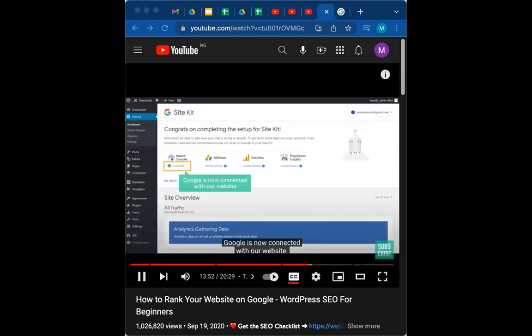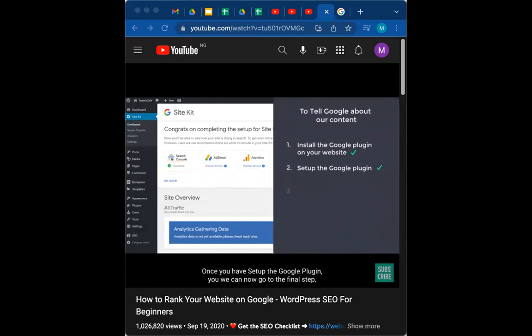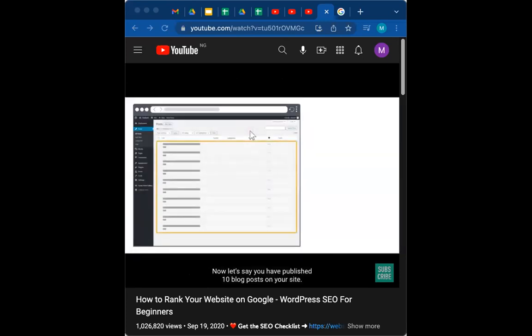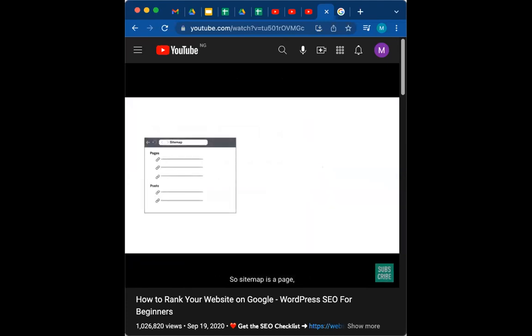you can see that Google is now connected with our website. Once you have set up the Google plugin, you can now go to the final step, which is to tell Google about all the pages you have on your website. Now let's say you have published 10 blog posts on your site. Now how will Google find these posts? So to inform Google about your posts, we need to submit something called a sitemap. So a sitemap is a page